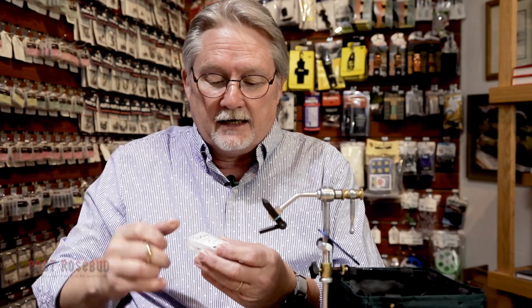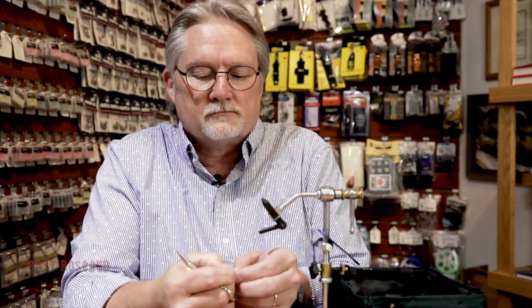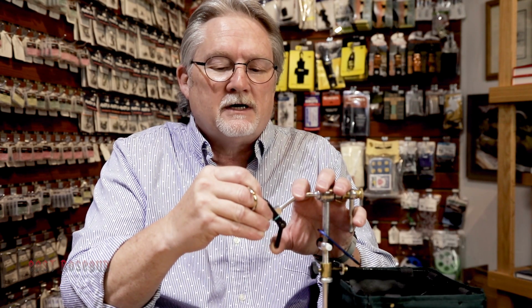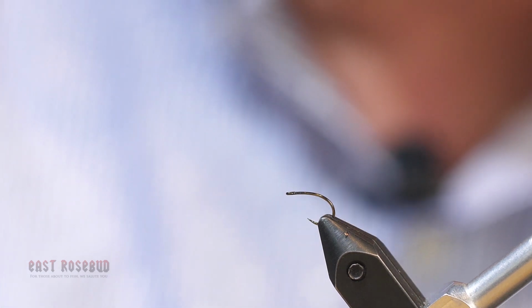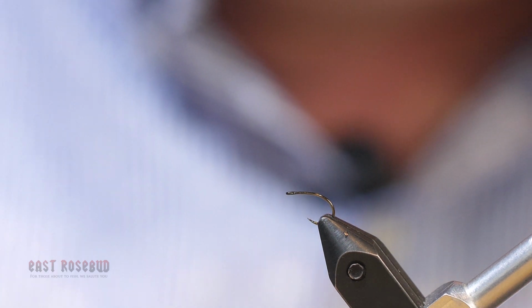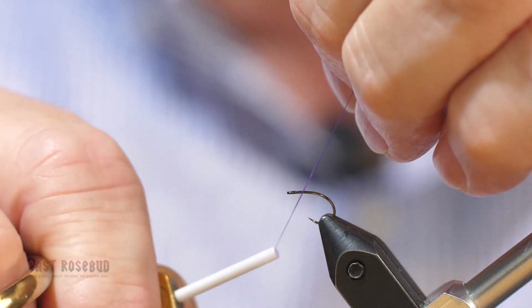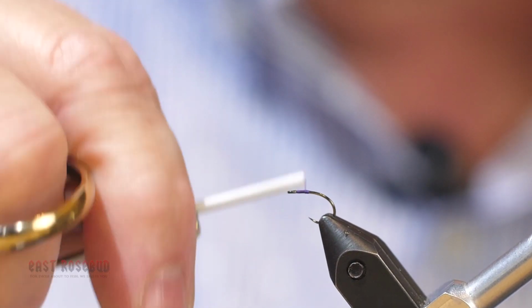I'm going to start out with a Firehole 316. This is about the biggest I tie this in. It's a size 16. You can tie these on, I also like to tie them on TMC 2488 or the 2488H. And it depends on the hooks. If I'm fishing a tailwater with a lot of really big fish, I want a heavier hook like this Firehole 316 or the TMC 2488H, which is a heavier hook. When you're fishing just freestones where you're not expecting to get a lot of good sized fish, the 2488 offers